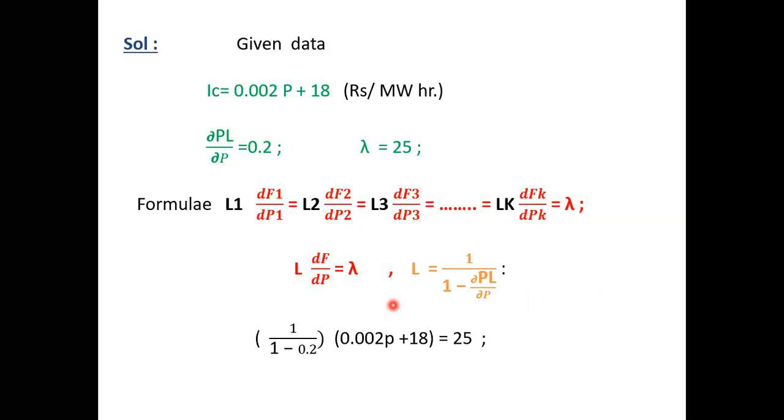Very good. Roll number 36 is giving the answer for P. Similarly, A5 is also giving the response. Very good. Most of the people are giving the response. So let's see the final answer. That is 1000 megawatt. Everybody check your answers whether you got the correct answer or not. So this is a very simple problem.